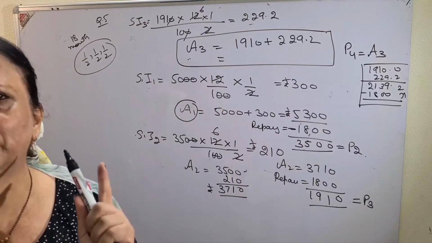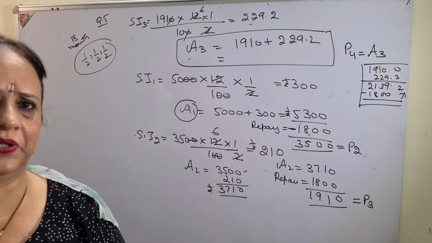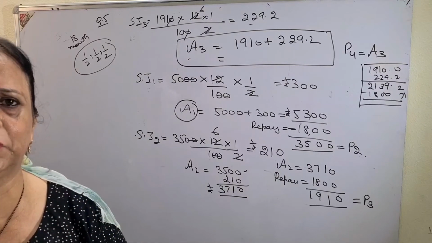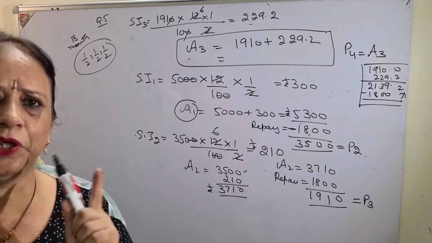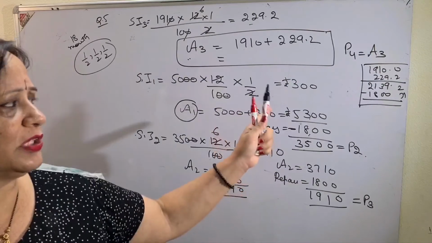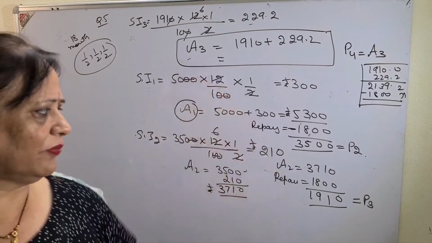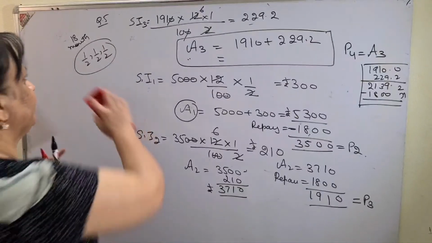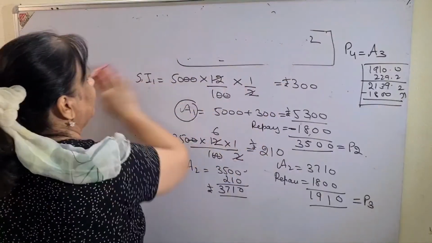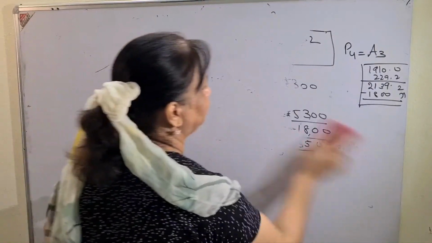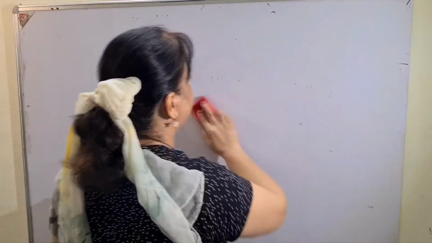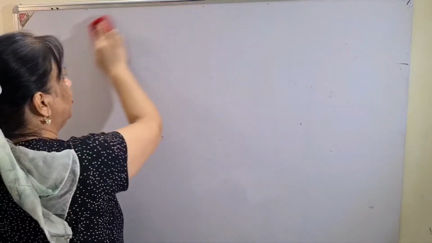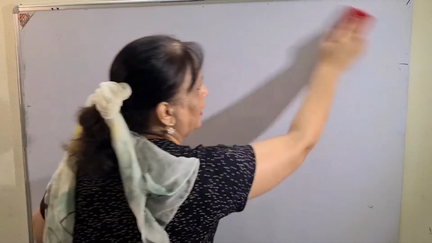Usually I tell you that the amount for the first year is the principal for the second year, but especially in this case, because he is repaying 1800 back, you have to subtract in every step. Be careful about the calculations. Do each calculation very nicely in the rough work column, so that it is not difficult for you to get the right answers.